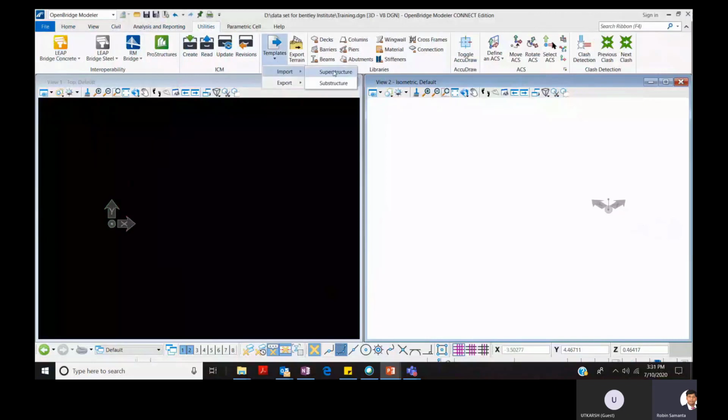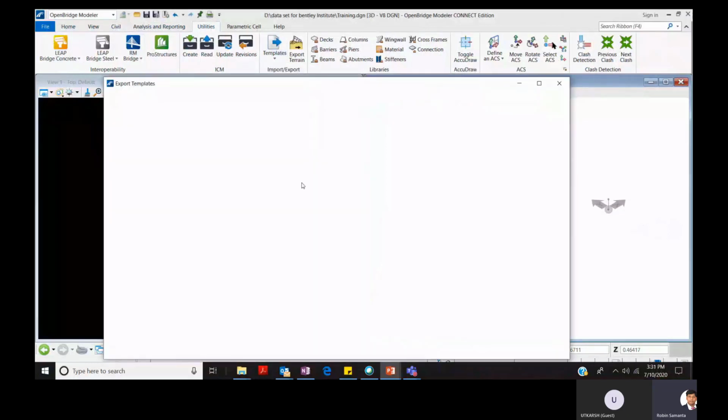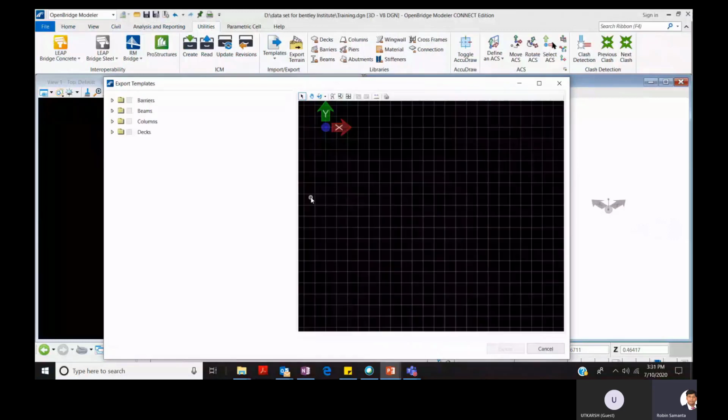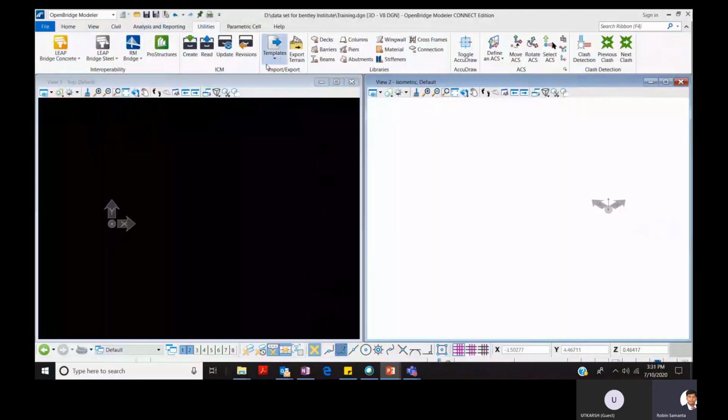And then you can see there are different templates that we can create in MicroStation, and we can import them in OpenBridge Modeler here. So these are the options. And there is an export terrain option as well, so you can export your terrain from here. And then under libraries you can see different kinds of library sections available, which are readily available under OpenBridge Modeler.